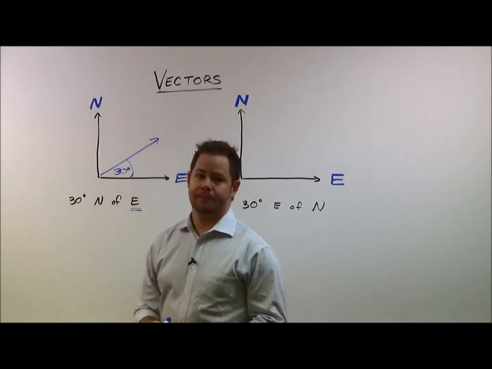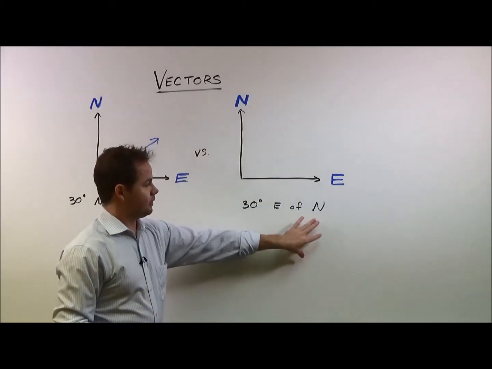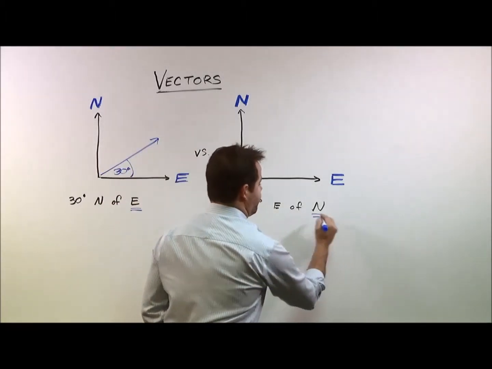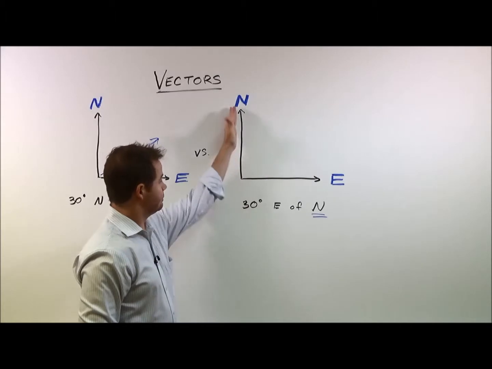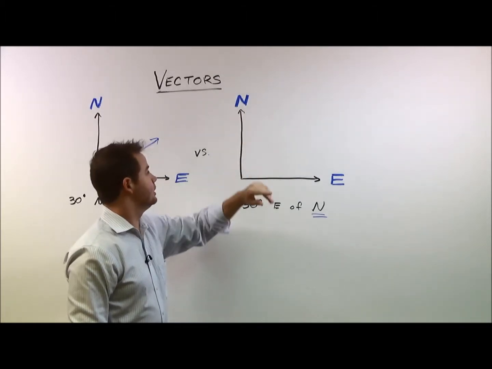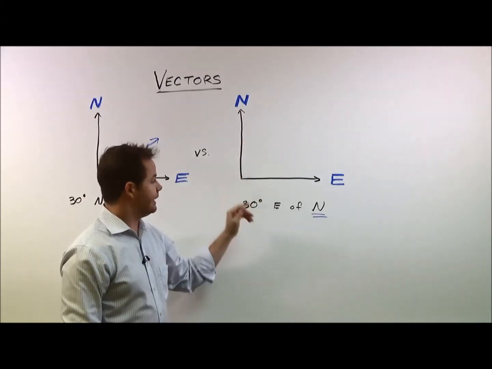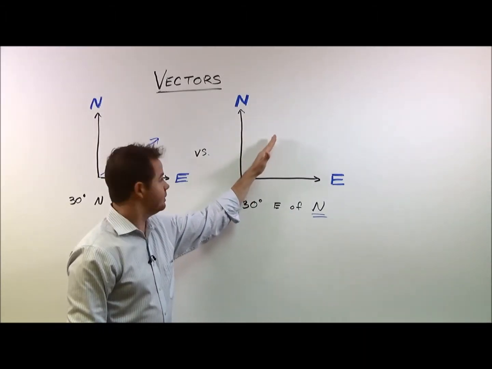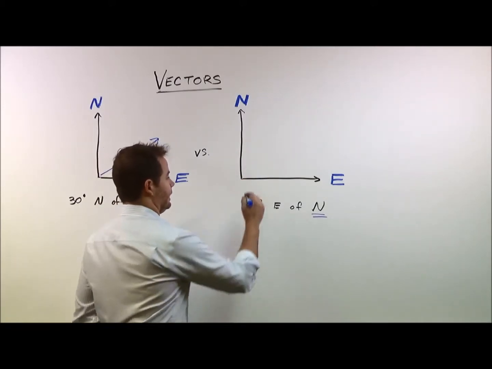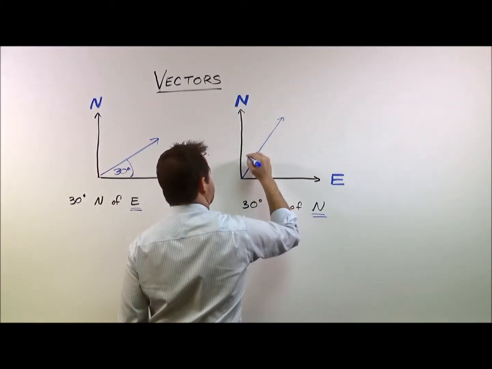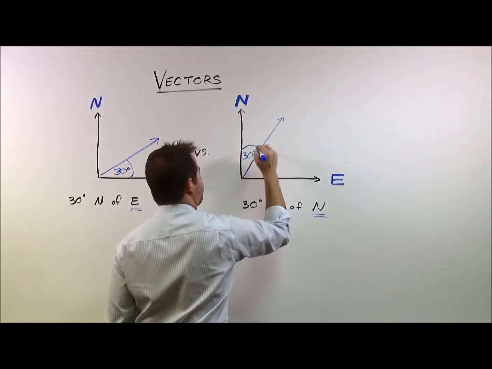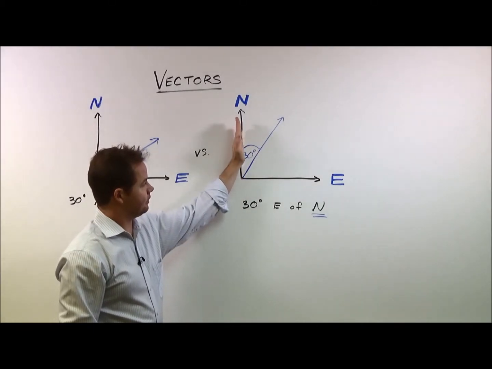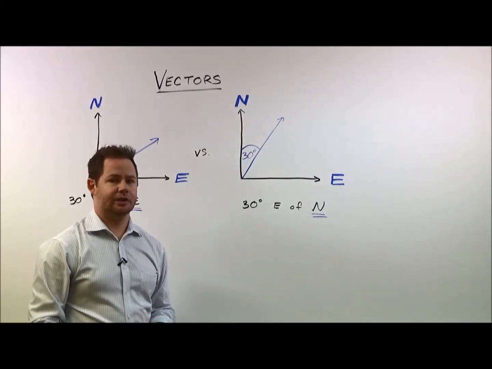Now vice versa, if we switch the order of the wording, 30 degrees east of north means that the northerly direction, straight towards the top of your page, would be the original heading, and we are going to veer 30 degrees to the east of that northerly heading. So that means that our angle this time would be measured here,